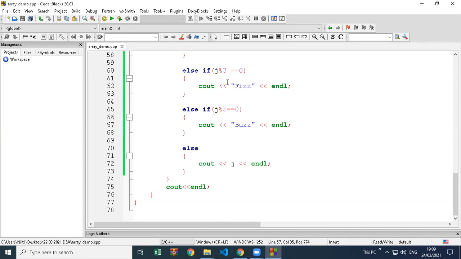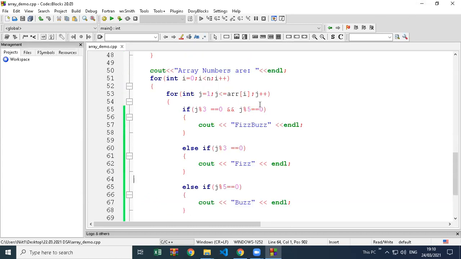Okay. So anyone has a doubt in this program? Fizzbuzz program? Sir, please confirm, we have to use the array, right? Yeah, it was already there, na?